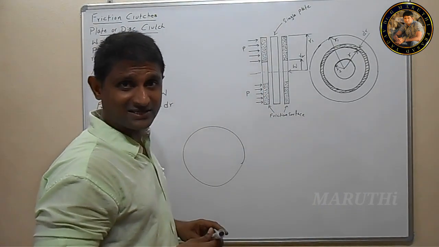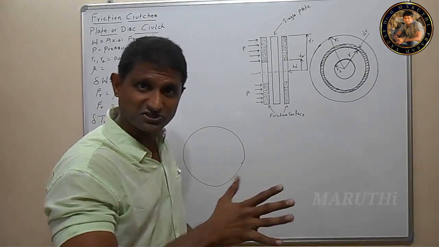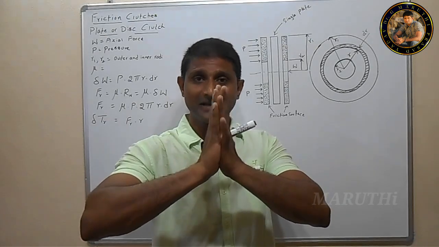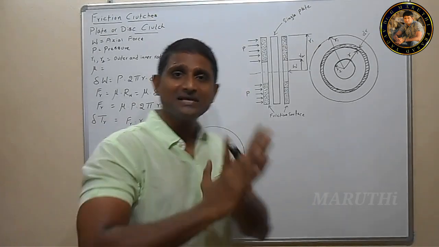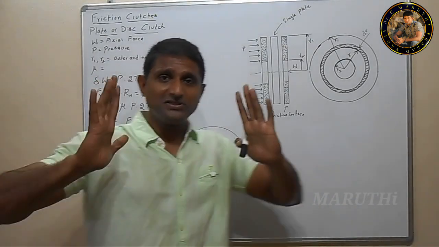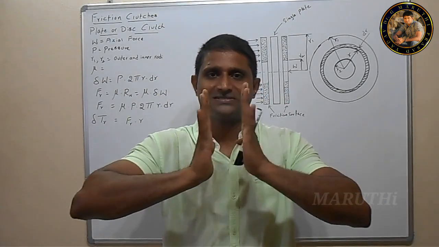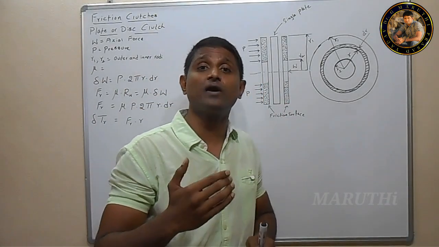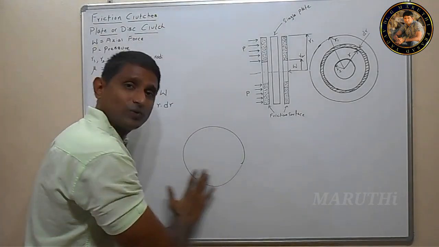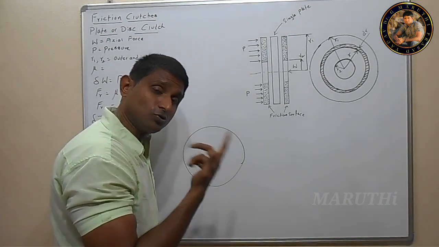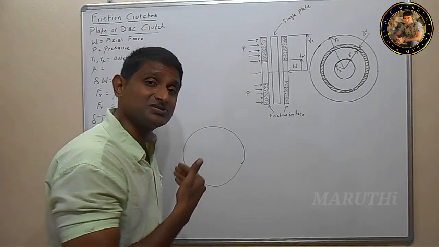If we take a plate like this, which is under friction force, in relative motion with the other plate getting in contact with it, then what happens when these two plates are held together with the help of some force, some pressure? Is the pressure uniform throughout the plate? So there are two assumptions. What happens when pressure is uniform?